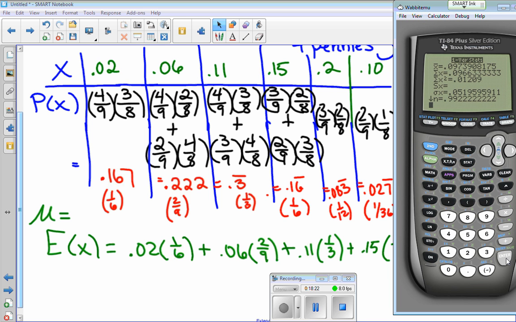By the way, we've answered now the questions on number 6. You can find the mean and standard deviation. What's the mean? The mean is